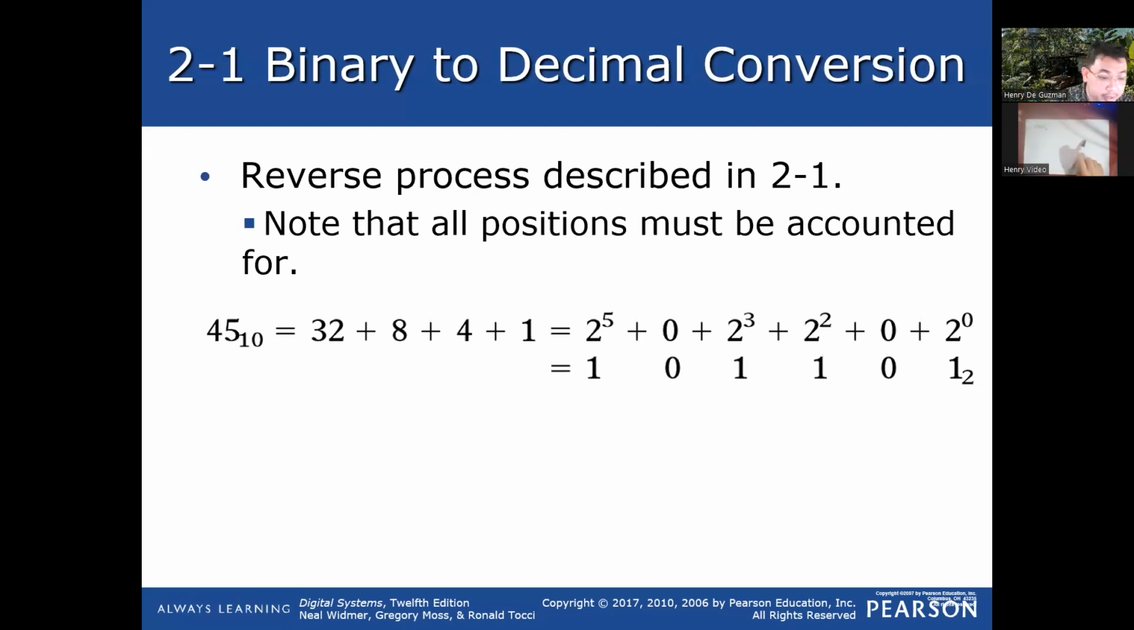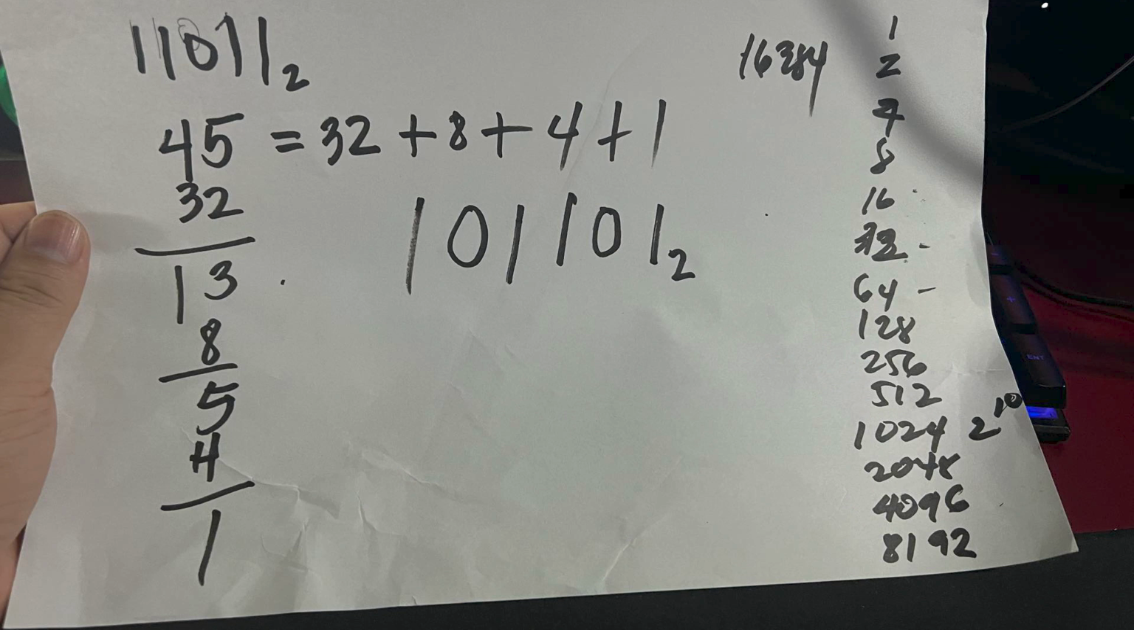So I'll explain that. We have a given 45. So I'm going to share my screen. I'm hoping you can see my paper. So the given is 45. Think of a power of 2 that is equal to or lesser than 45. So what are the powers of 2? 2 to the 0 is 1. 2 to the 1 is 2. That's 4, 8, 16, 32,